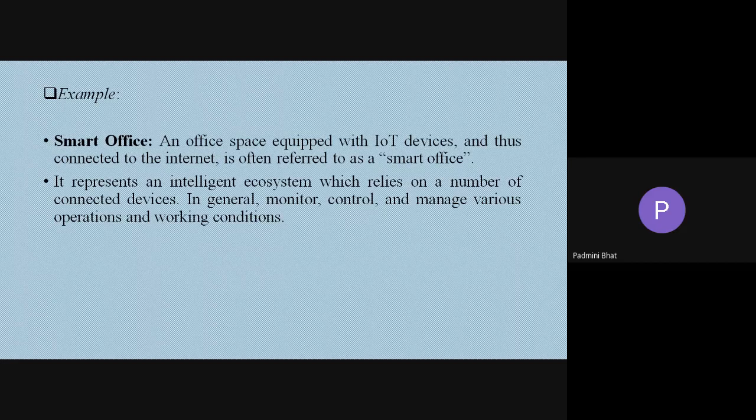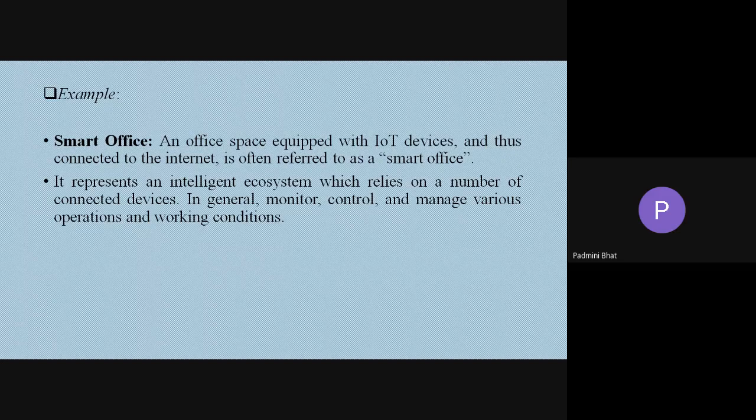A smart office is a space equipped with many IoT devices, and those devices are connected to the internet. It represents an intelligent ecosystem which relies on a number of connected devices.